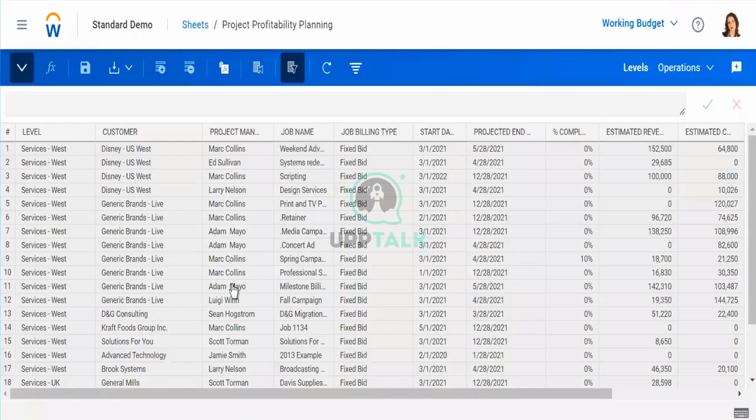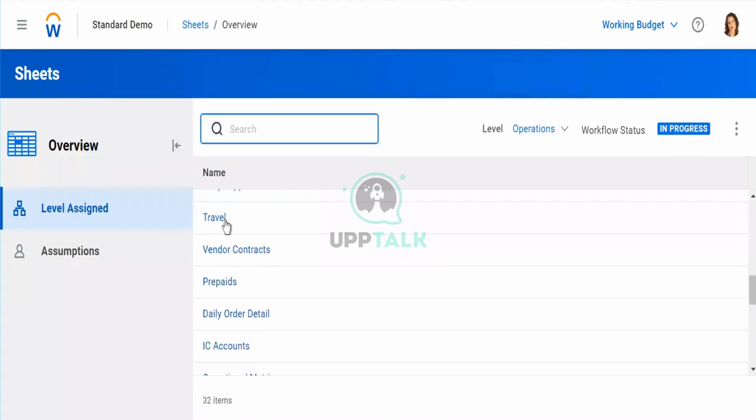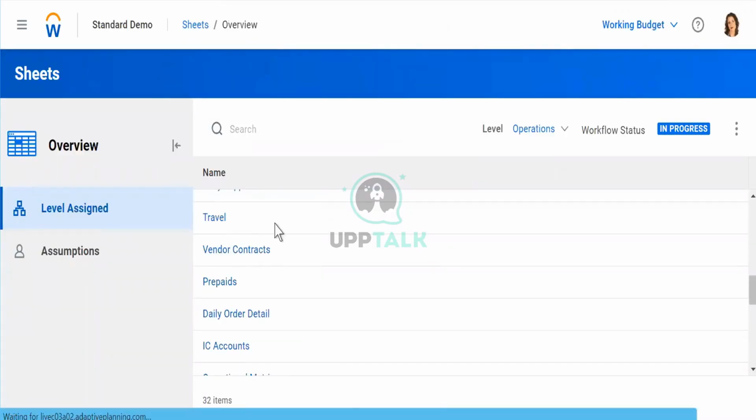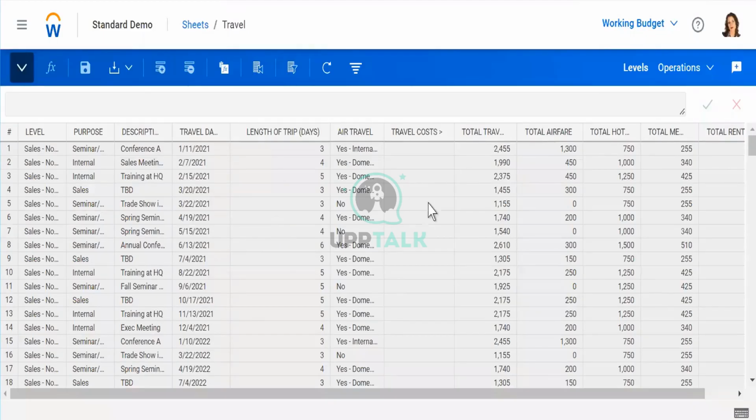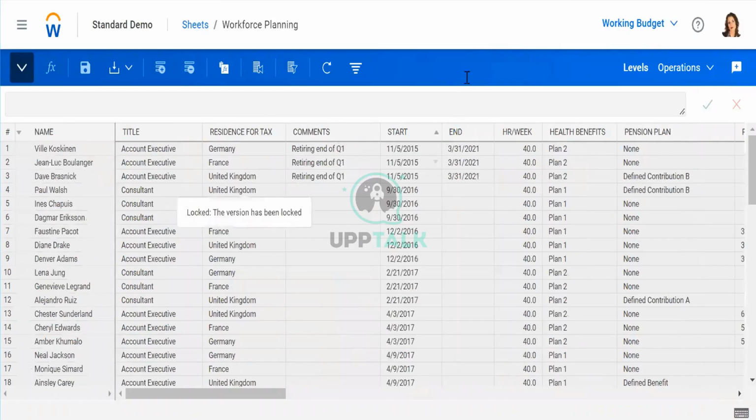This is also same. I think a lot of model sheets are built here. Let's try one more. What type of sheet is travel? This also might be a model sheet because there will be travel dates captured here. Yes, travel date is there. It is a model. But this is pretty much it, the difference you need to understand.